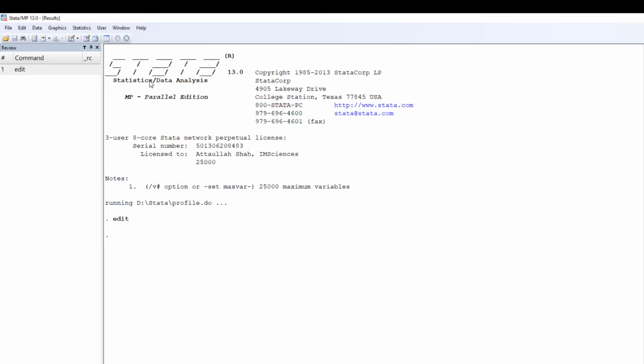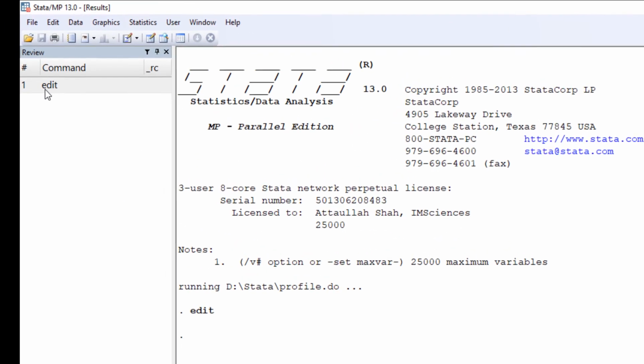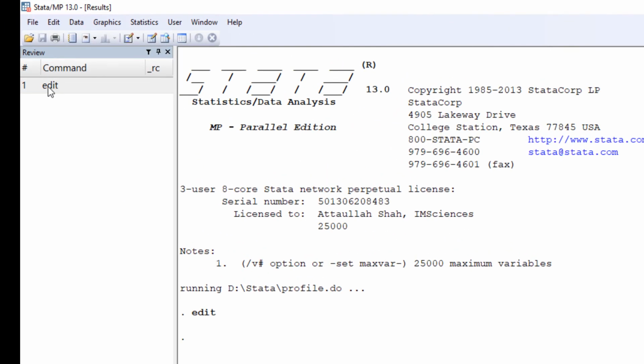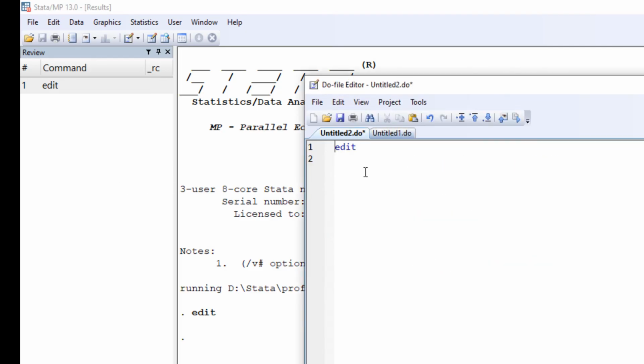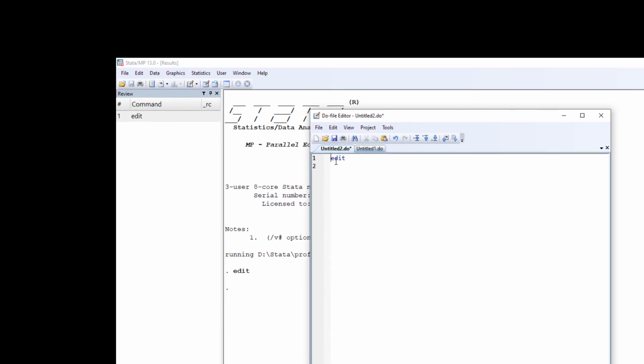So previously, if we look at the review window, we have executed just one command, edit, and it is still there. I can take this edit command to my do editor by right clicking on it and send to do editor. It will open a new file, the do editor file, which we can save for later use.